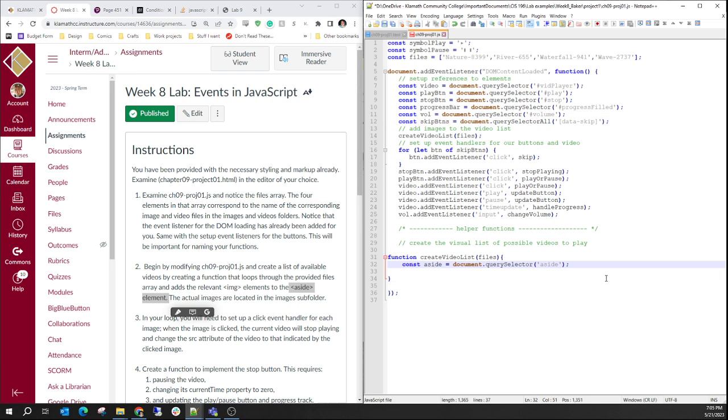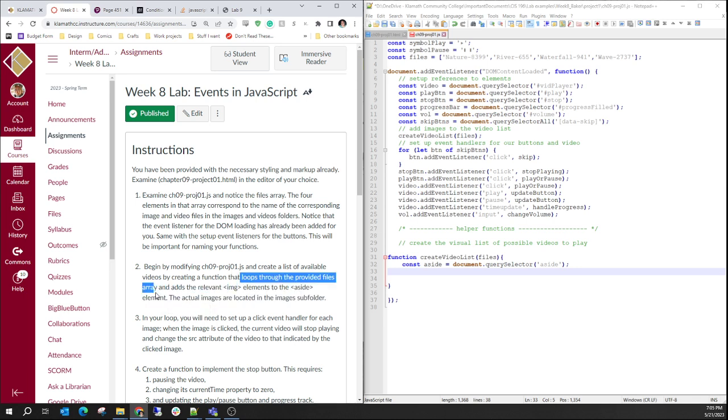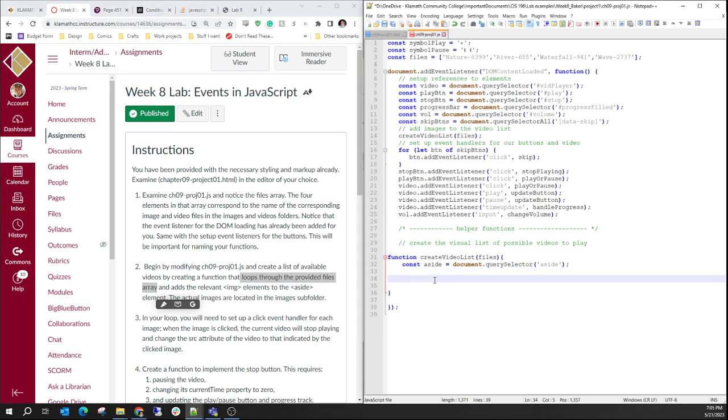Okay. Next thing we need to do, now we can work forwards. So we've grabbed our aside, so we need to loop through the files array. So how do we do that? Well, let's create a for loop here. So we're going to say for let f, so we're creating a variable there called f of files. So each item in files,